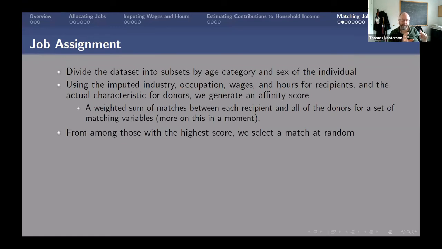Those scores are going to range from 0 to whatever. And we pick all of the donors with the highest score, however many that is. And from that subset,